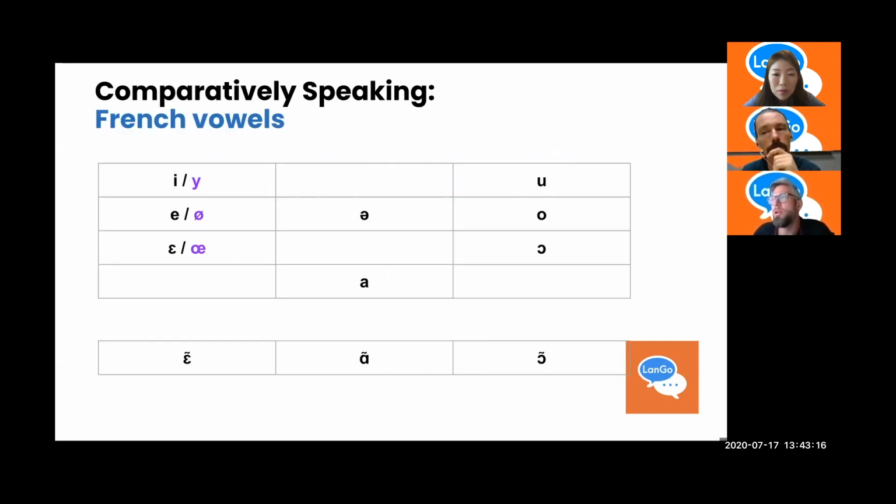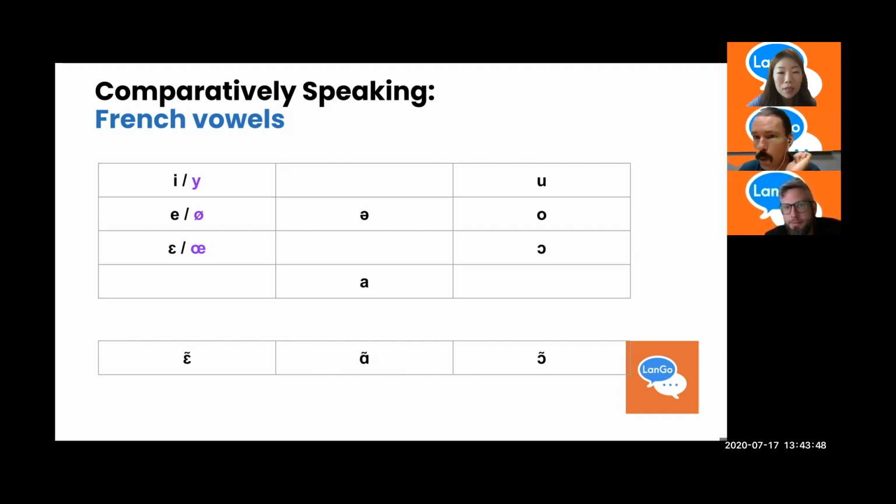Okay, we're going to move on a little bit to try to apply some of our vowel prowess now to French, and Tyler is going to tell us a little bit about that in our regular segment called Comparatively Speaking. So here in these two charts on the slide, we see all of the vowels that are distinctive, separate words in the Paris dialect of French, which is taught as a standard. So I'll just read them across and we'll discuss them one by one.